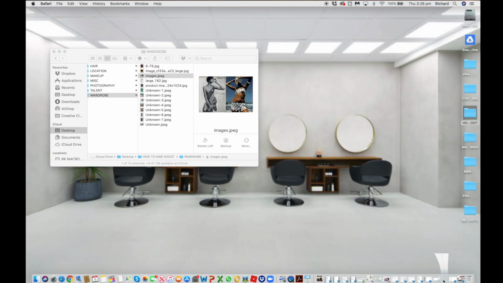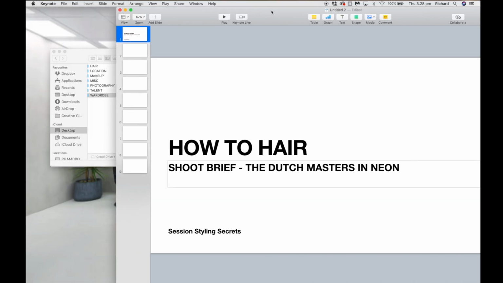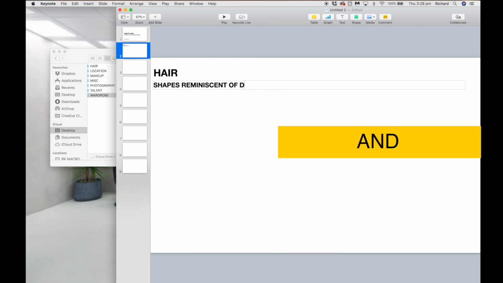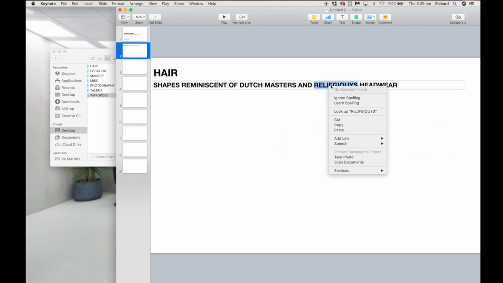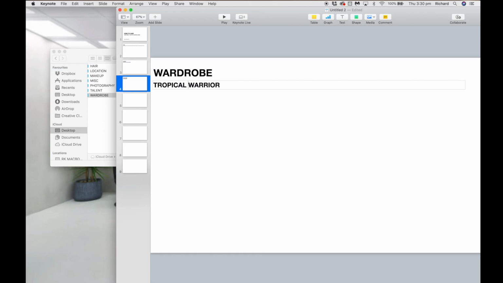Then what you're going to do is open up your document again, and go through and name each of the pages according to each of the categories and give each category a little description. So in this case with the hair, we've got shapes reminiscent of Dutch masters' portraits and religious headwear, coloured in neon brights with abstract texture. Then we'll go through and do the same thing for makeup, wardrobe, talent, photography, location, and once we've done all of those 8 categories,